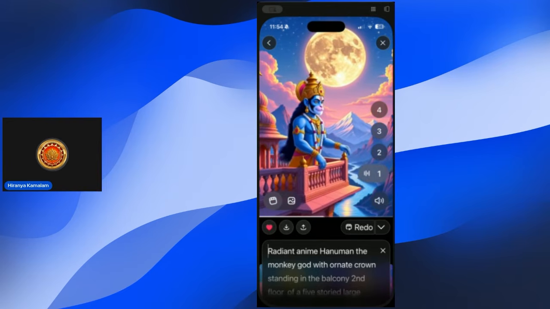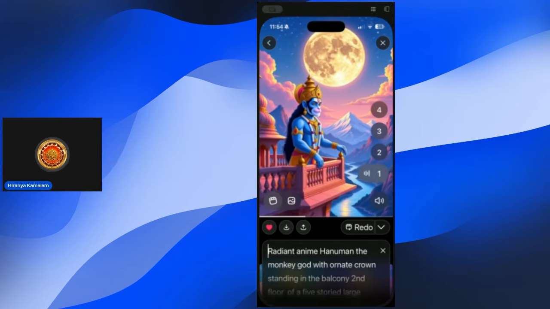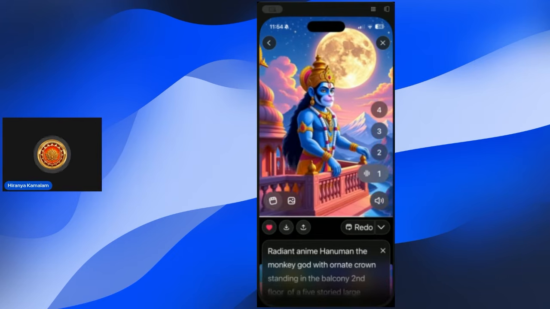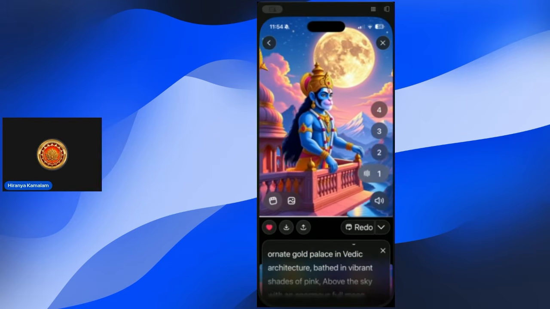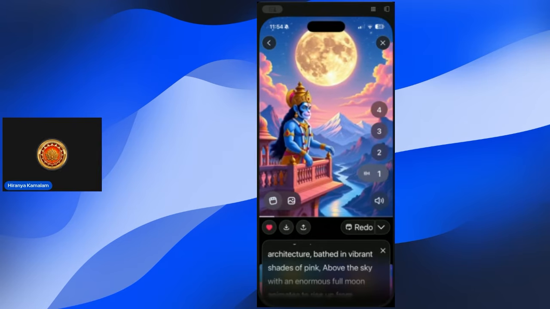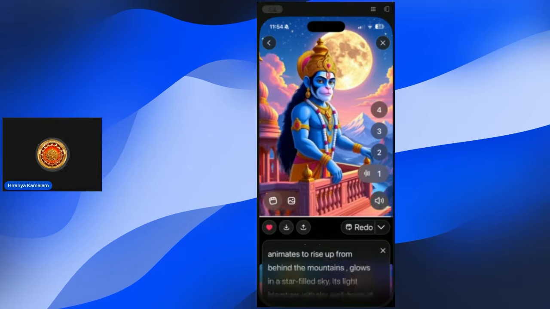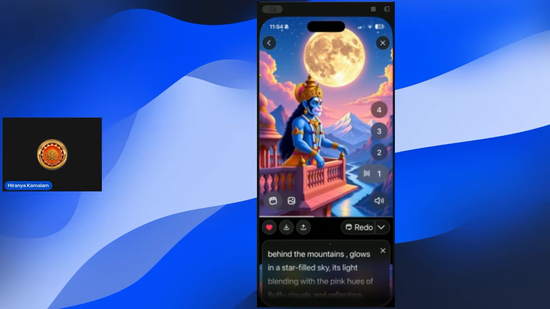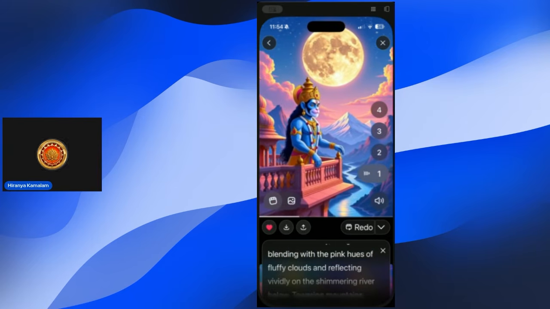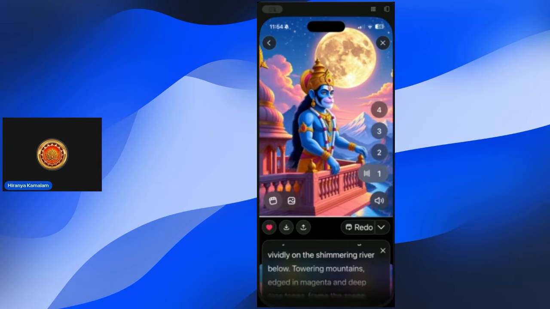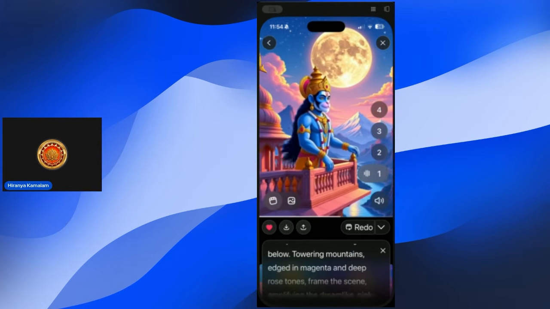For this video, the prompt I have is: radiant anime Hanuman, the monkey god with ornate crown, standing in the balcony, second floor of the five-storied ornate gold palace in Vedic architecture, bathed in variant shades of pink above the sky, with an enormous full moon animates to rise up from behind the mountains, glows in the star-filled sky, its light blending with pink hues and fluffy clouds and reflecting vividly on the shimmering river below. The towering mountains, edged with magenta and deep rose tones, frame the scene.